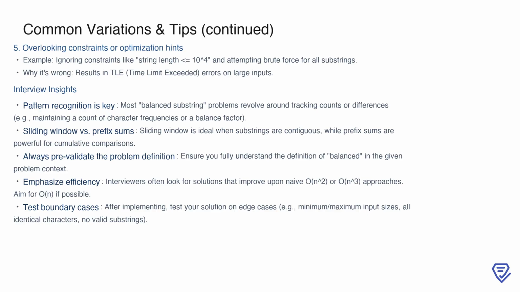Speaking of efficiency, recognizing patterns is key when solving balanced substring problems. Many of these involve tracking counts or differences, like maintaining a balance factor or character frequencies. You should also decide whether sliding window or prefix sums are more suitable for the task. Sliding window techniques are better for contiguous substrings, while prefix sums excel at cumulative comparisons. Always ensure you understand how balanced is defined in the problem, as variations in this definition can significantly impact your